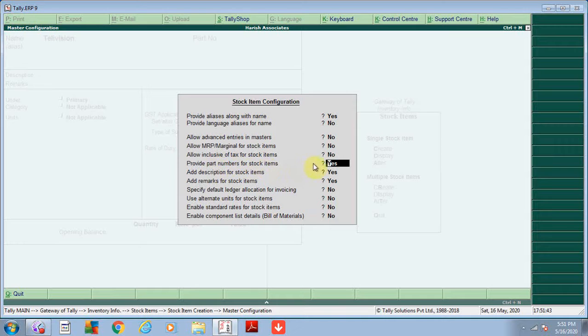It is yes here. If you put no here, and there is some other description like add description for the stock item, it is yes here. You will click it no, and remark will be no, and press Ctrl+A for accepting the entry.